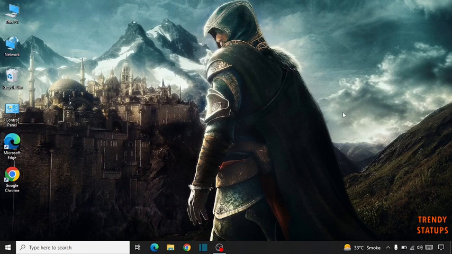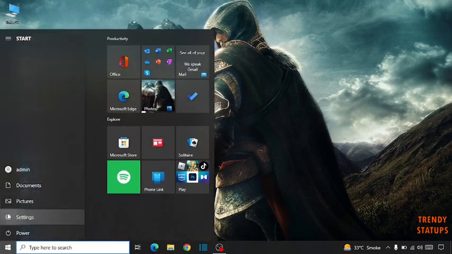Today I'm gonna show you how to fix if camera is missing in Device Manager on Windows 10. So let's get started. Simply go to the Start button, click on Settings,